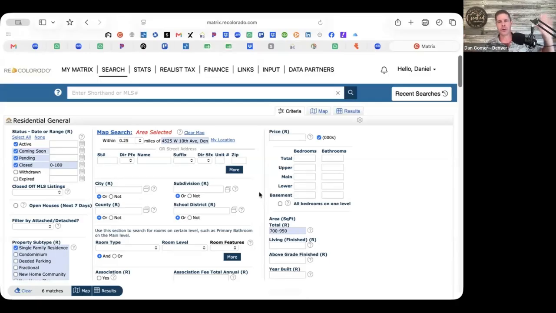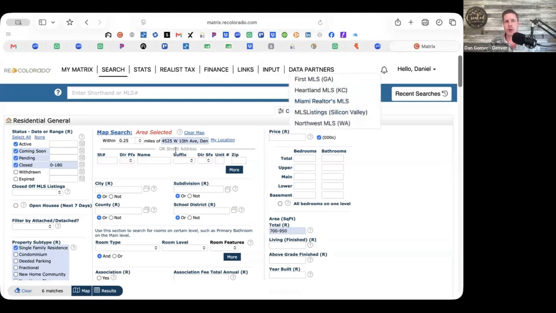And I'm only going to include that ranch style home if it's one of the only comps that has a lot of the other things that are the same. So it's also a 3-car garage that backs up to open space, and none of the other ones have those. I might throw the ranch in there just to add a little bit more info. But I do try to go like to like. I just don't reduce my search on the front end to that. So I do active, coming soon, pending, closing in the last 6 months. I do check the single family residence or condo or townhome or whatever, so I don't get all that stuff in there. And then I try to do